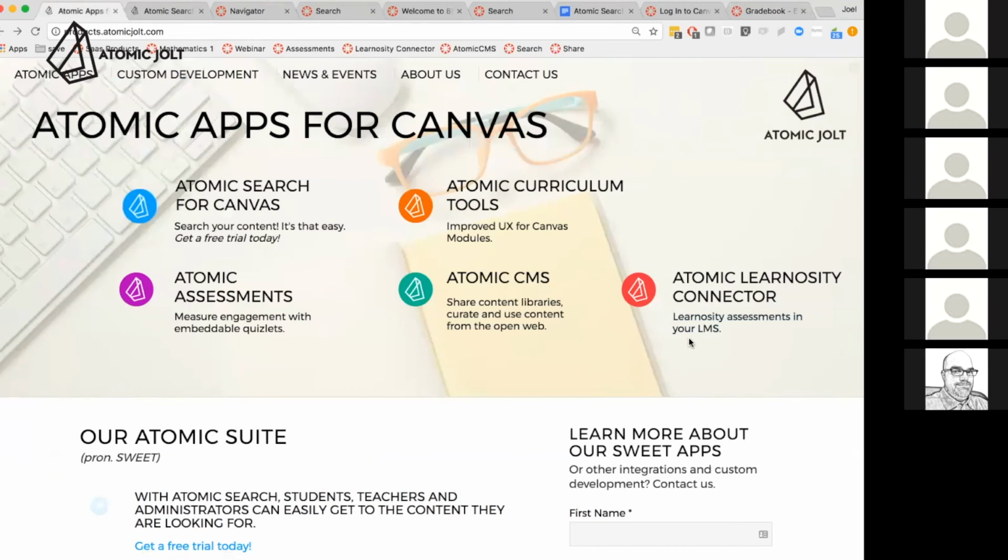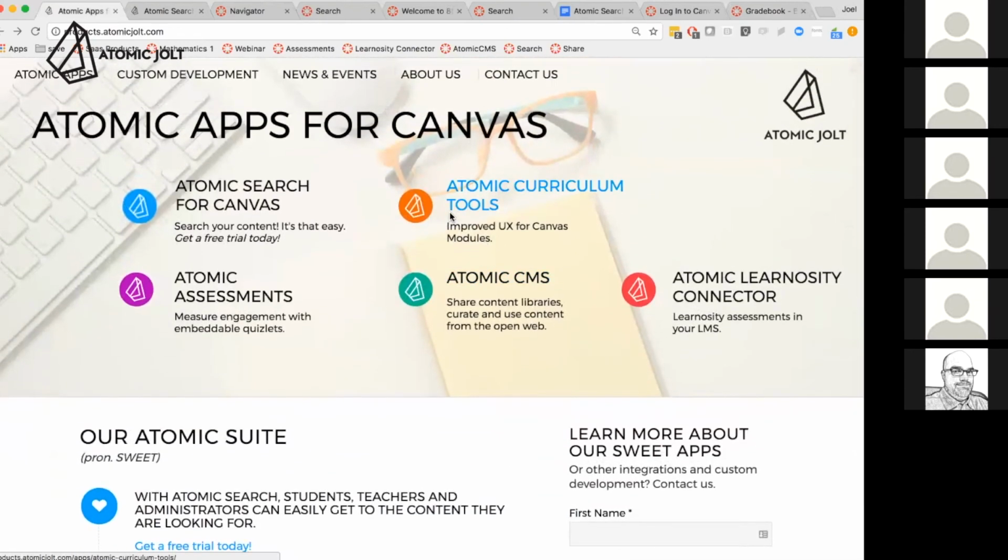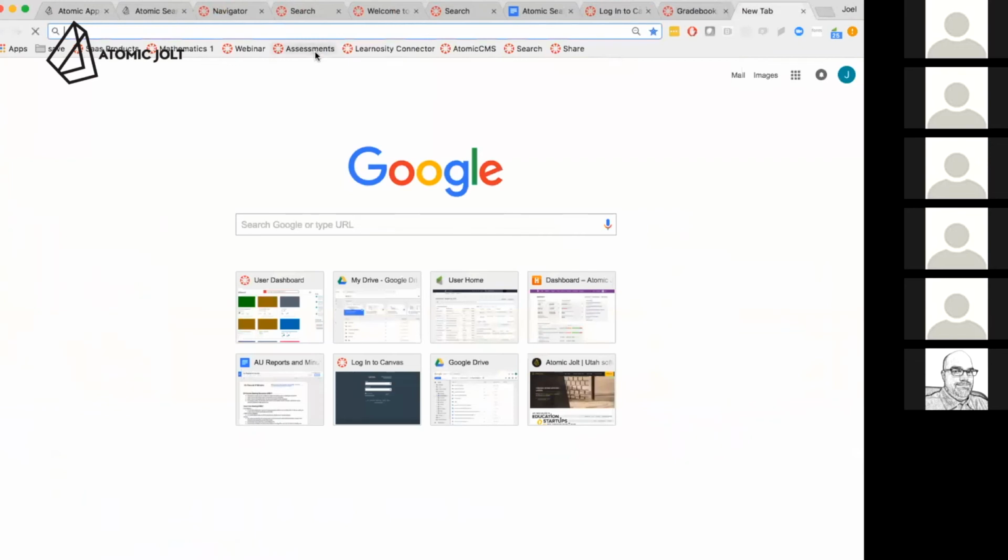Okay. CMS. So the purpose for Atomic CMS is to be able to draw content from anywhere and to use it inside of Canvas, and then to be able to push it from Canvas to other places, whether that be to other users inside of Canvas or other instances of Canvas. Haven't publicly released this one yet, so there's still work to be done, but I can show you briefly what this allows you to do. As you've seen with curriculum tools,